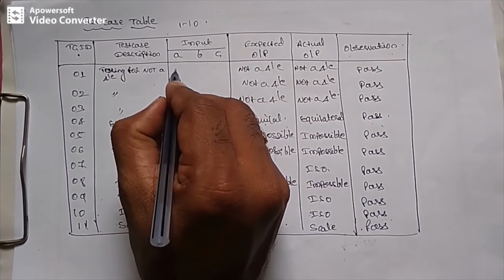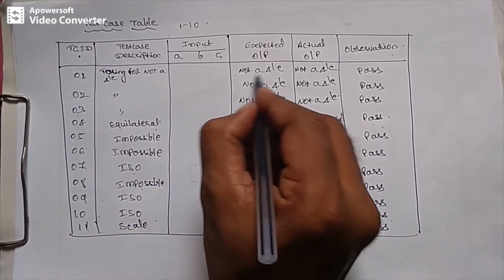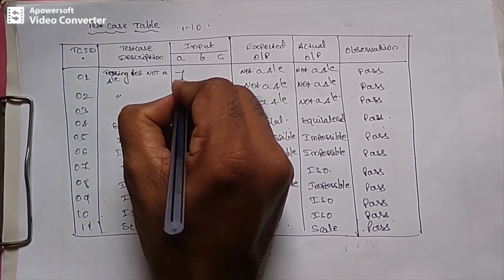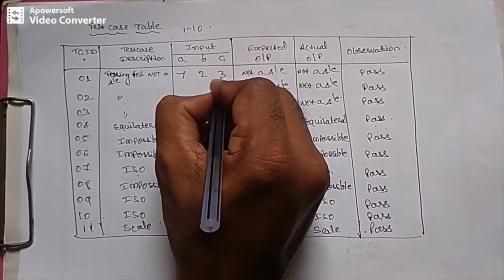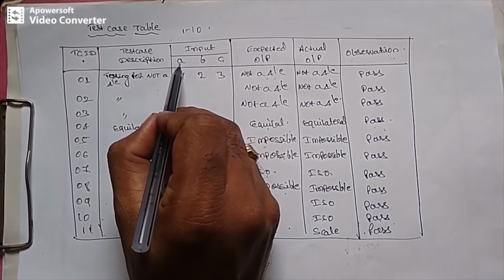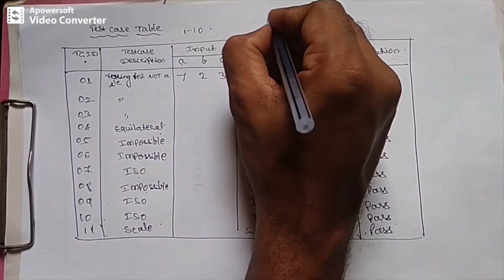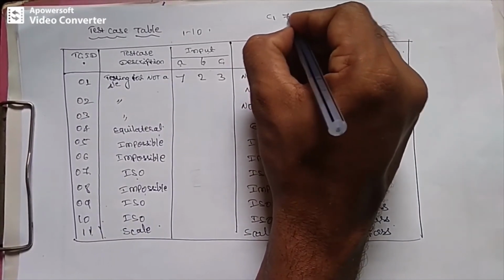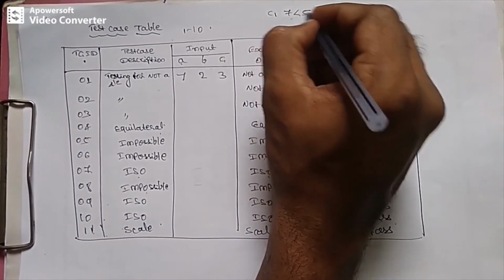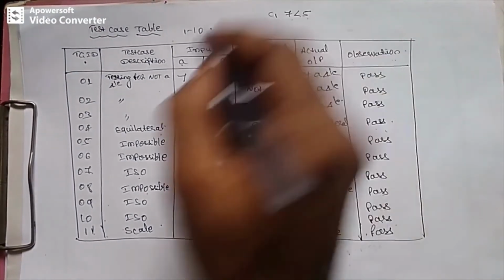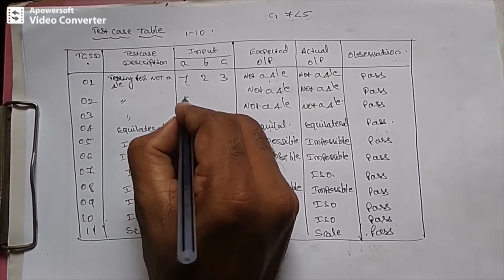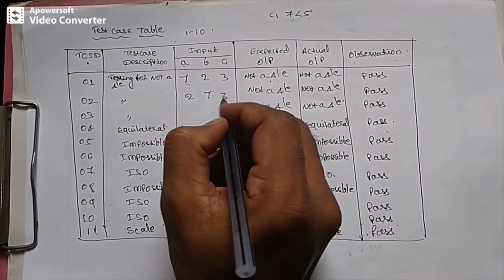Now I will write some inputs to get "not a triangle" with valid inputs. How? If I specify a equal to 7, b equal to 3 and c equal to 3, then it is not a triangle. Why? Because a value should be less than b plus c. According to the C1 condition, the a value is 7; is 7 less than 6? Whether this condition is true or not, we have to check, and it is not possible to form a triangle. Then the second condition, 3, 7, 3, should be false.